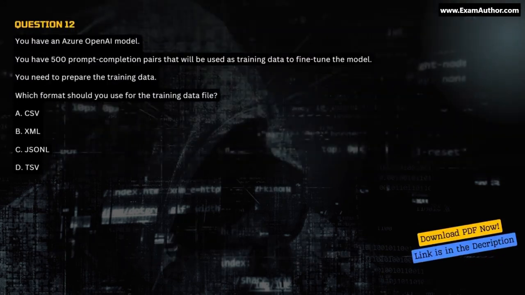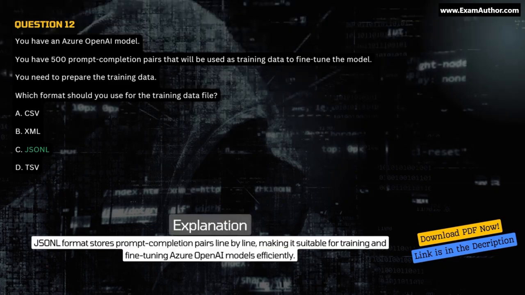Question 12. You have an Azure OpenAI model. You have 500 prompt completion pairs that will be used as training data to fine-tune the model. You need to prepare the training data. Which format should you use for the training data file? A. CSV. B. XML. C. JSONL. D. TSV. Correct answer, C. JSONL. Explanation. JSONL format stores prompt completion pairs line by line, making it suitable for training and fine-tuning Azure OpenAI